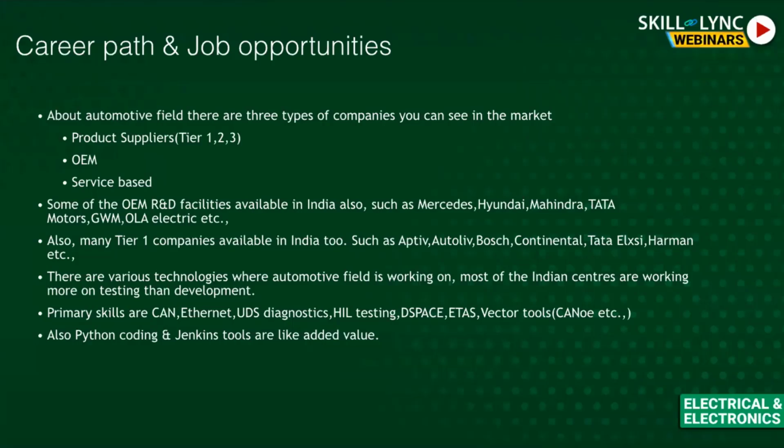So product-based companies and OEMs are much better companies compared to service-based. But from service-based, they will be on-siting to the OEMs, and you will be working under an OEM or a supplier. So I tried to mention some companies located in Bangalore here, like Mercedes, Hyundai, Mahindra, Tata Motors, JWM, Ola Electric. These companies are OEMs in Bangalore, and there are plenty of Tier 1 companies, but I try to mention some 4 or 5 of them: Aptiv, Autoliv, Bosch, Continental, Tata Elxsi, Harman, etc. So all these companies are Tier 1 suppliers, and